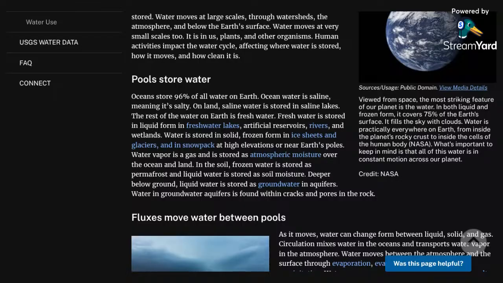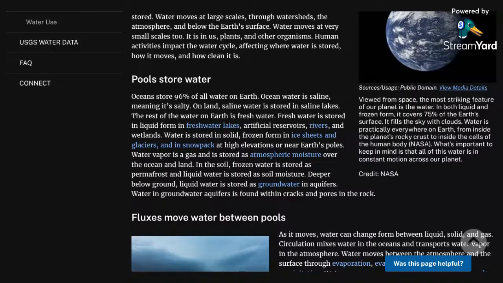Freshwater lakes, artificial reservoirs, rivers, and wetlands. Water is stored in solid, frozen form in ice sheets, glaciers, and snowpack at high elevations or near Earth's poles. Water vapor is a gas and is stored as atmospheric moisture over the ocean and land.